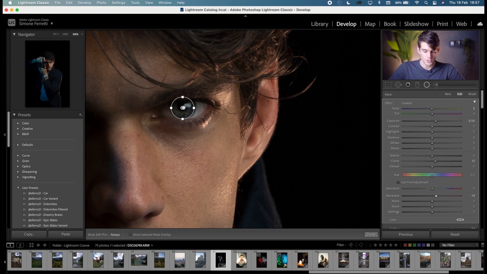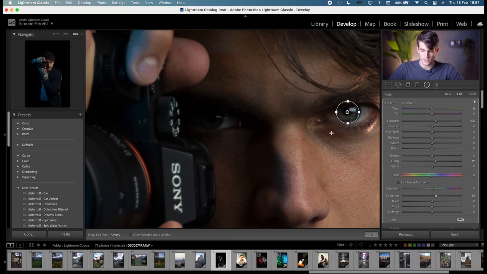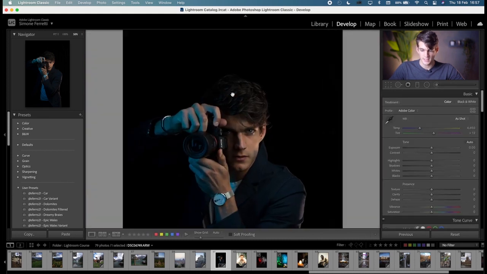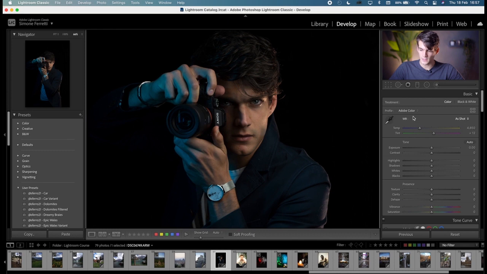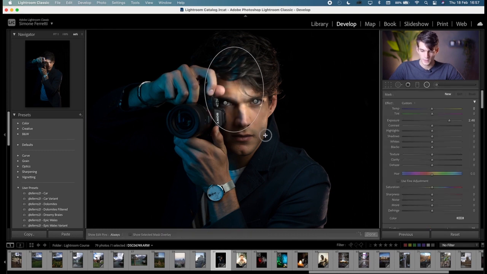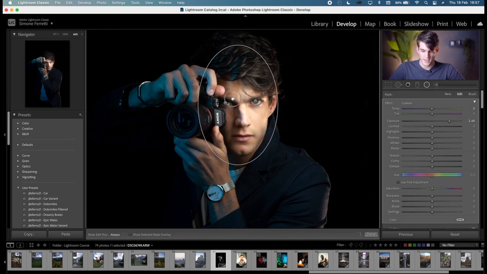Then you go on the filter, right click on your mouse, duplicate, and then you move to the other side. There you go. And here we can even increase even more. Nice. And then in this case, what you can do is increase the brightness of the face